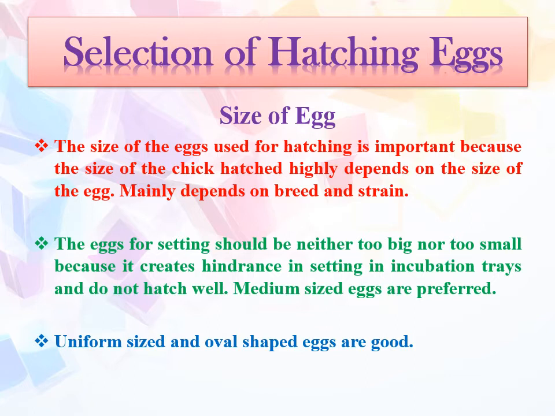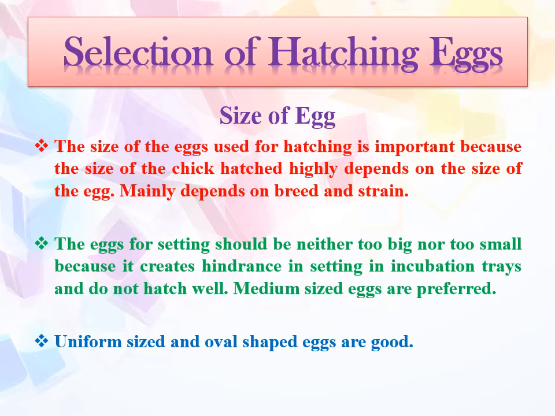So it is called incubation. In the last topic we have learned that in commercial poultry farming generally the hatching or incubation is done by artificial method at a hatchery. Whatever fertile eggs are produced by the breeder farm are sent to the hatchery. In the hatchery, for around 21 days, the first 18 days they are put into the incubator, and for the last 3 days they are put into the hatcher.